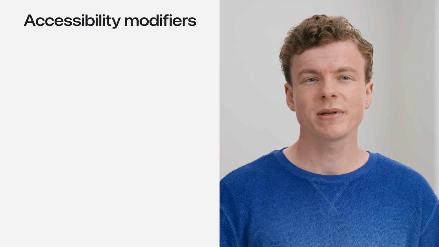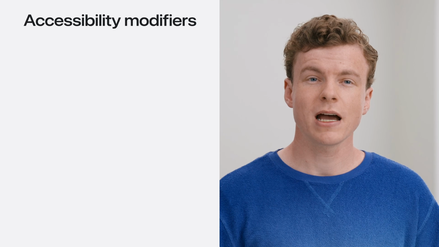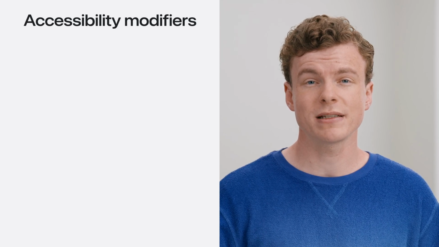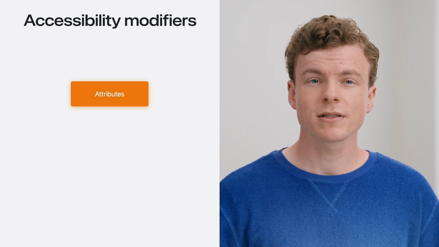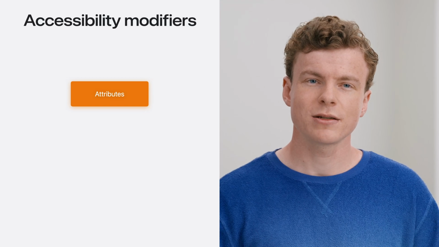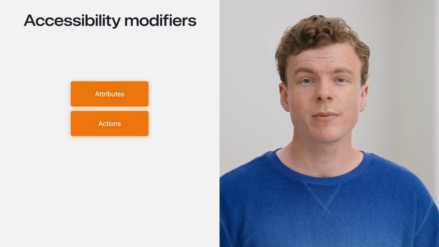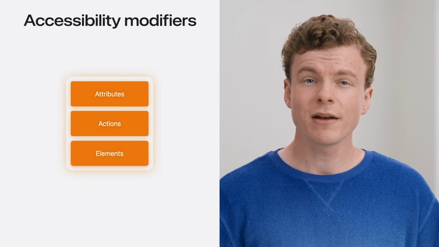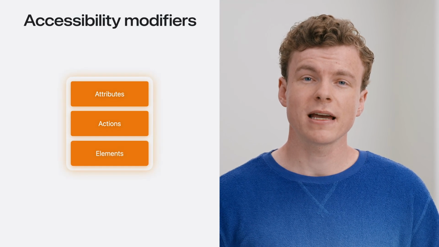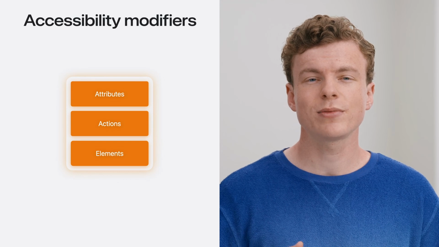But the more information for accessibility you can provide to SwiftUI, the better the experience will get. You can provide this information using the accessibility modifiers. Accessibility modifiers let you customize how a view is represented by an accessibility element. Attributes like a label or trait can be added to a view. And actions for interactivity like custom gestures can be exposed. The modifiers even allow you to combine views together into a single element to improve navigation.